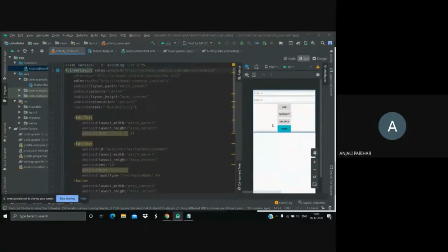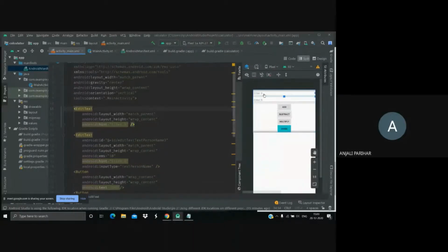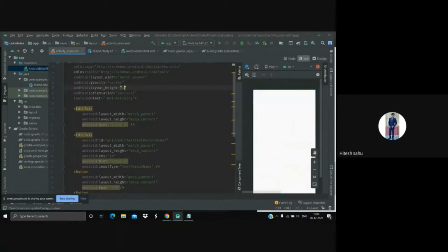Okay. So here you can see that this is the boundary of a linear layout. This is because my layout height is wrap content. So this is what I said: it will take the height only, whatever size is required by the text, it will take that proper size. So I want that to cover the complete screen. What I can do is make it match parent, so it is completely covering it.